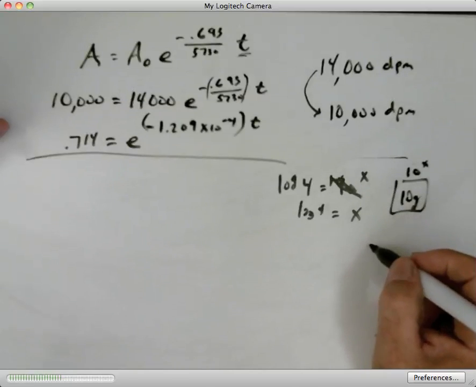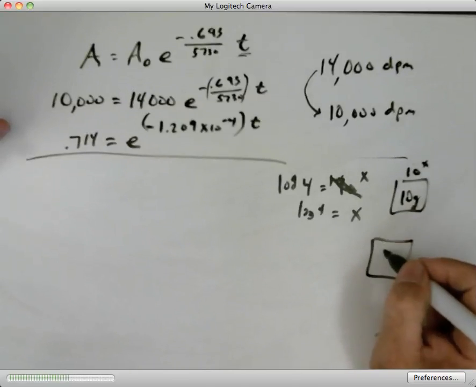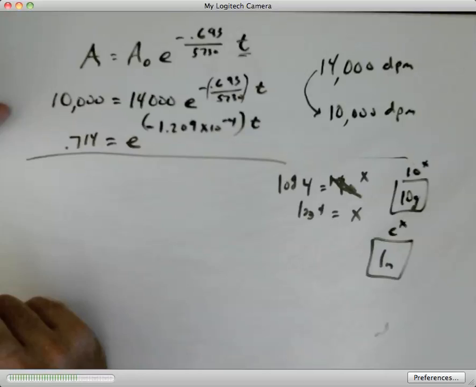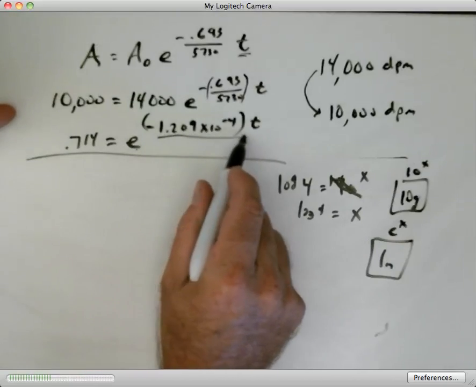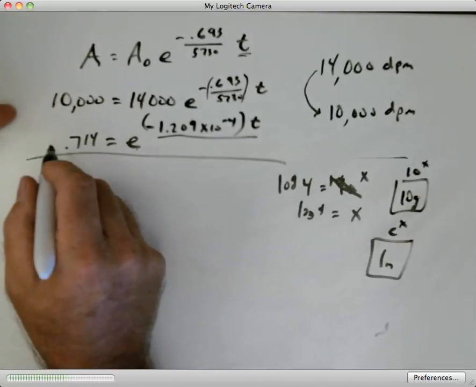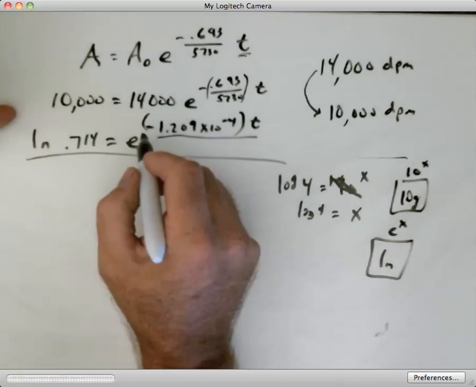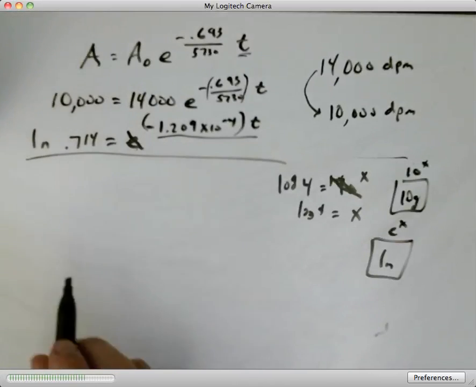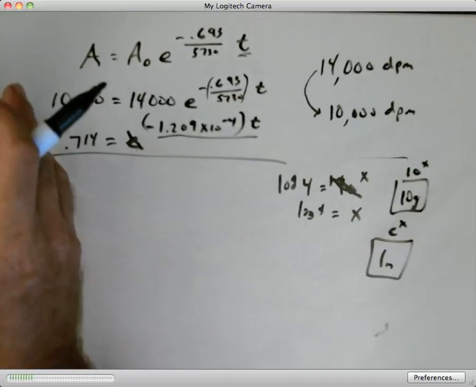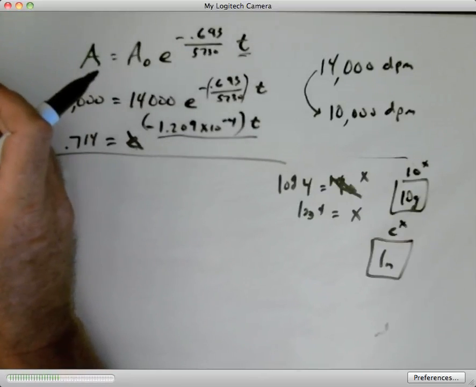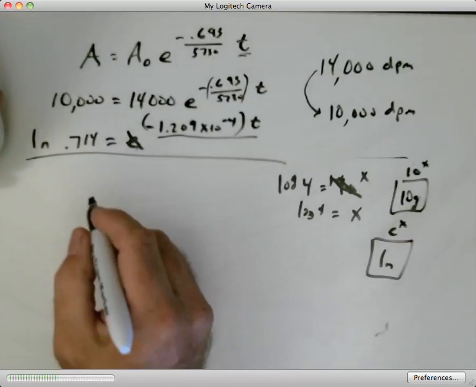Well, also on your calculator, you'll see that there's a button that says ln, and right above it is e to the x. I'm not canceling it out, but if I want to get this number down on the command line, I need to get it out of the exponent. So I'm going to do natural log of both sides. Okay, natural log of both sides cancels the e. So I get natural log of 0.714, which I just do on my calculator. Natural log of 0.714 comes out negative